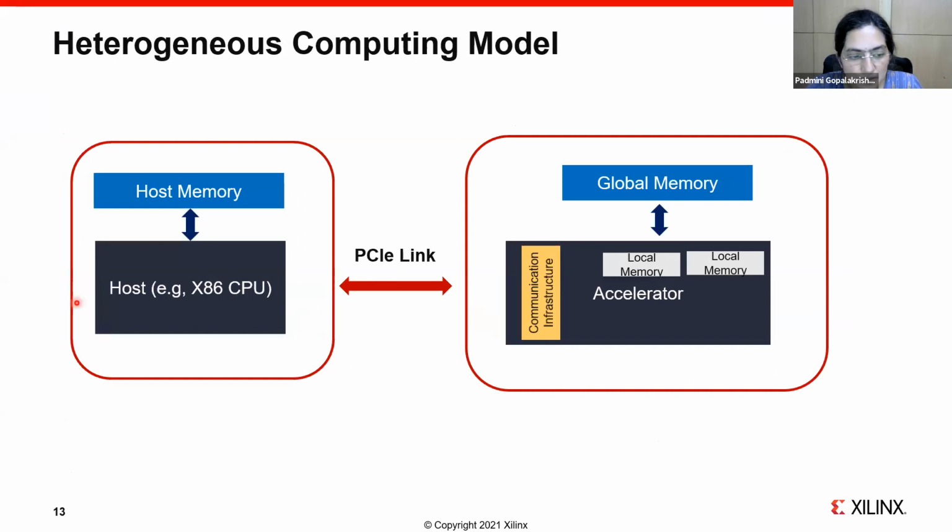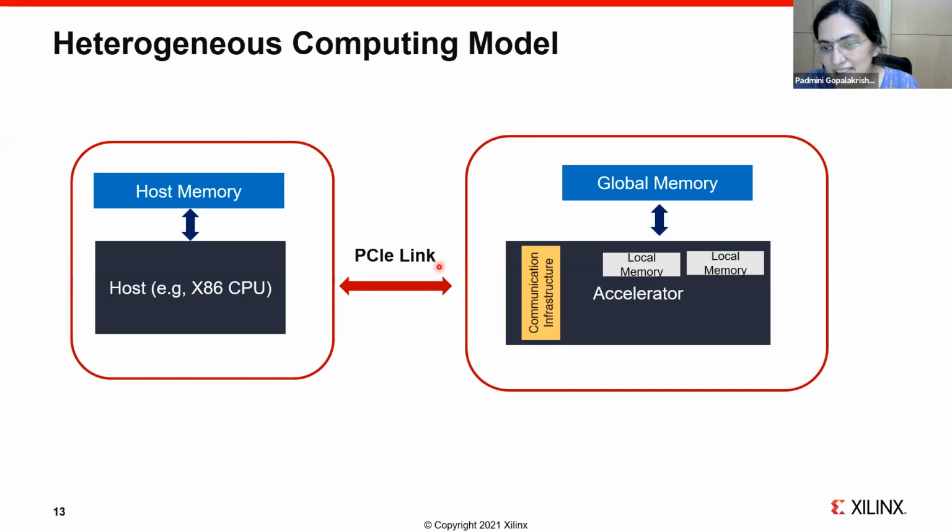Okay. So if you deep dive into the view of the host and the accelerator, it kind of looks like this. So the host, for example, could be an x86 CPU, and the host has its own memory, right? So it has levels of cache, and all that forms its own memory. Now the accelerator in turn has some hardware available on which you can accelerate. Now it has its own local memory.